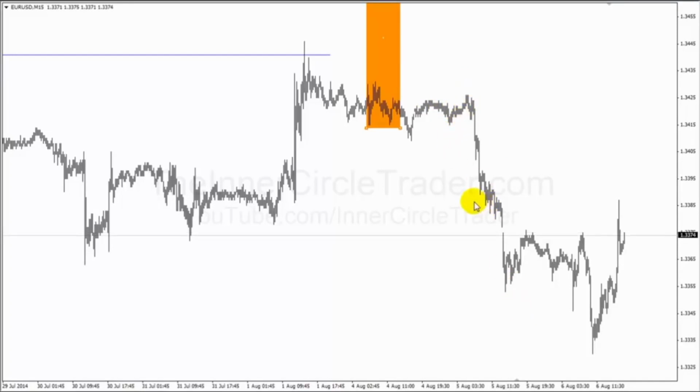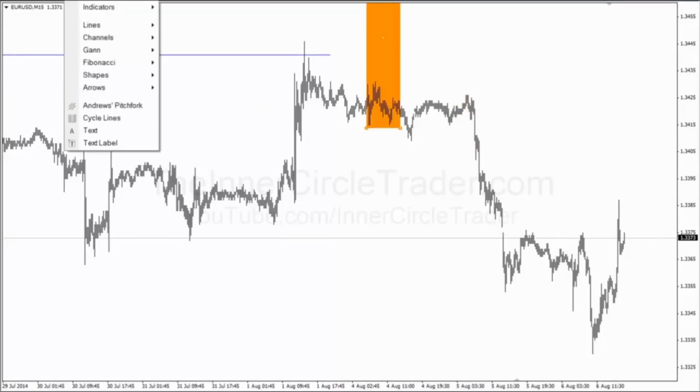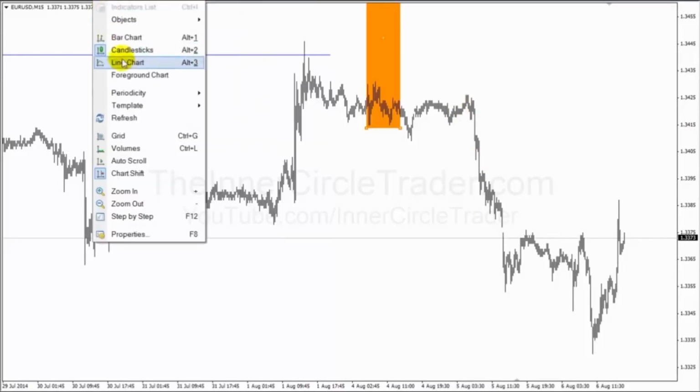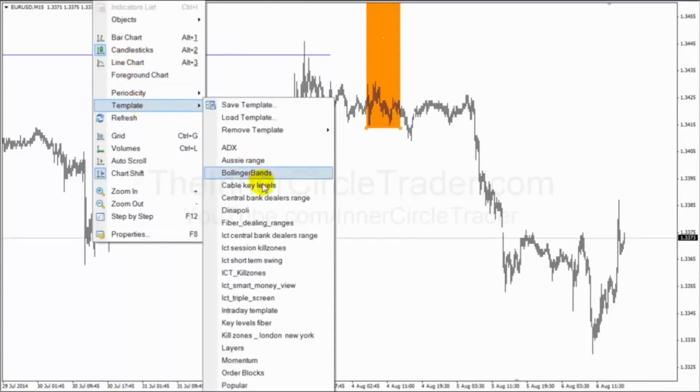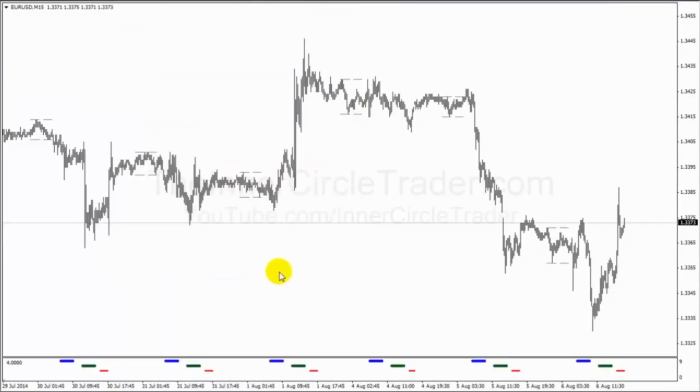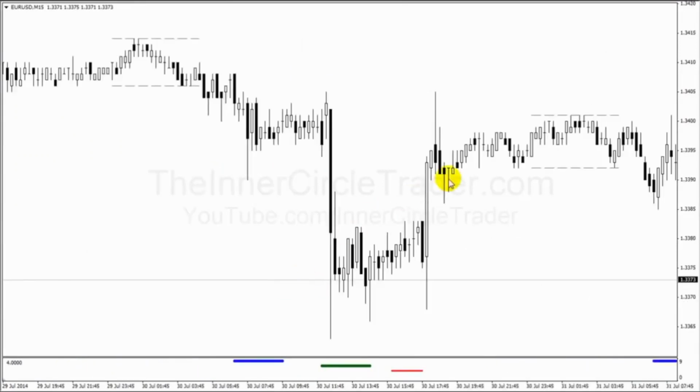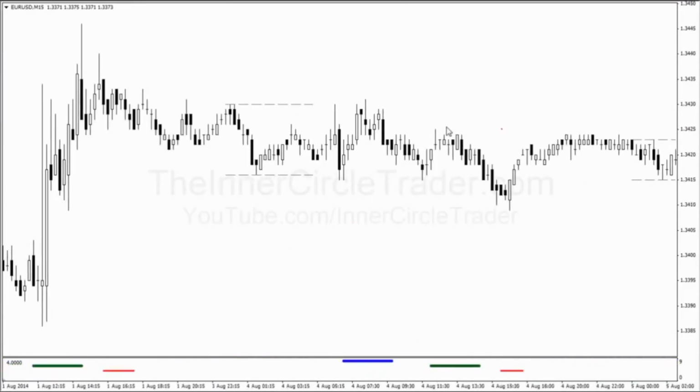Okay. Now, the time of day for this, let's look at that. And this is on August 5th. So this is yesterday. Let's do the kill zones and zoom in. So August 5th,